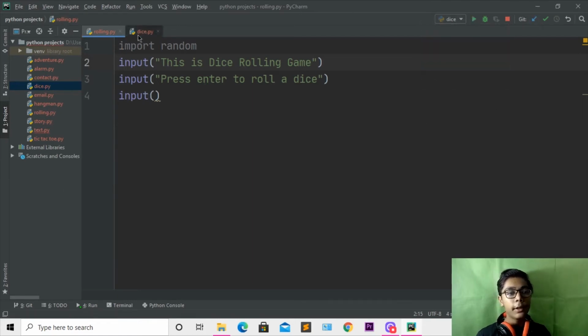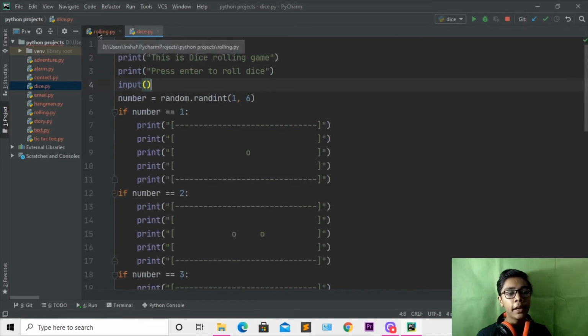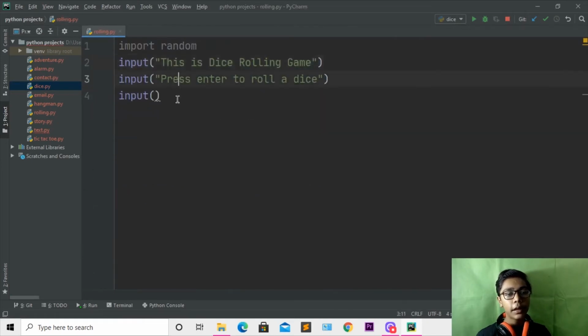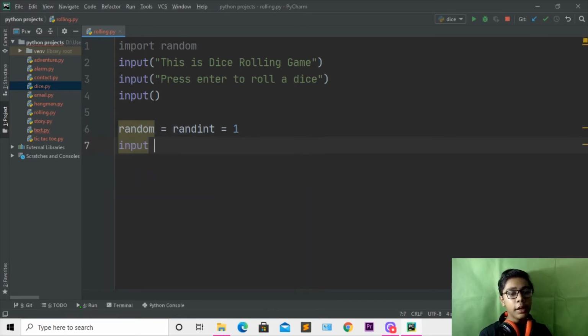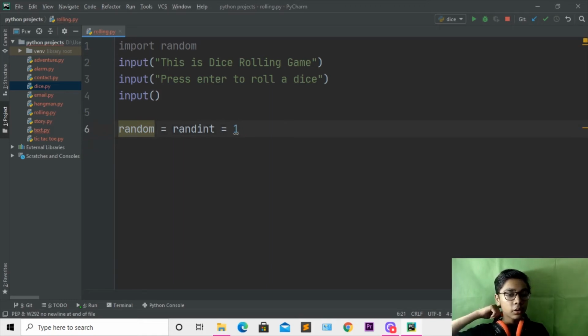Now you have to close this file here, come here again and create a line which will be random equal randint, then equal to 1 you have to write here. When you've done with that, come underneath and write an input tag, and in this input I'll change this to like that. First of all I'll erase this thing here because I don't need all that. I'll also erase the tag which I have written here.